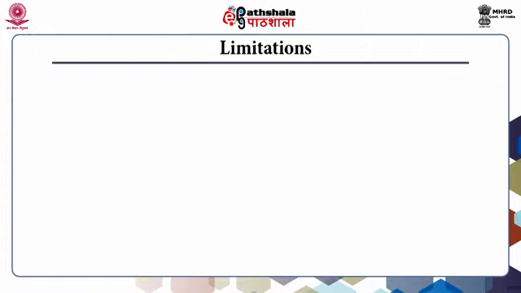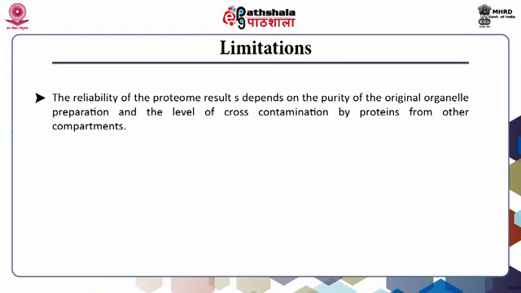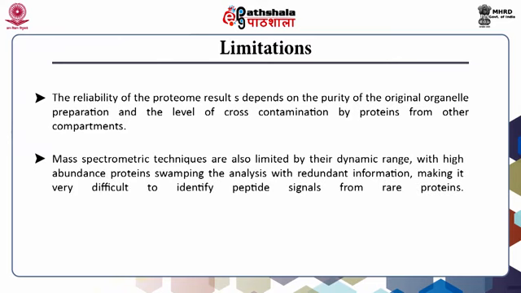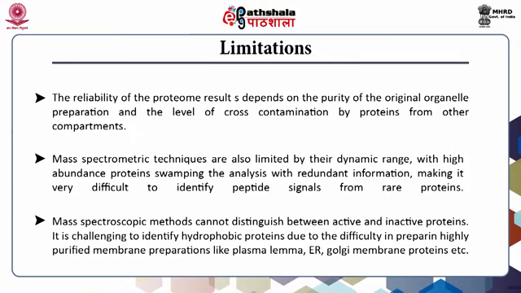The major limitation of this technique is that the reliability of the proteome result solely depends on the purity of the organelle preparation and the level of cross-contamination by proteins from other compartments. It is also limited by the dynamic range, so it is very difficult to identify peptide signals from rare proteins. Mass spectroscopic methods cannot distinguish between active and inactive proteins, which is also a problem with this technique. It is challenging to identify hydrophobic proteins due to the difficulty in preparing highly purified membrane preparations like plasma lemma, ER, Golgi membrane proteins, etc. These existing limitations of spectroscopy can be tackled using isotope labeling and laser microdissection capture